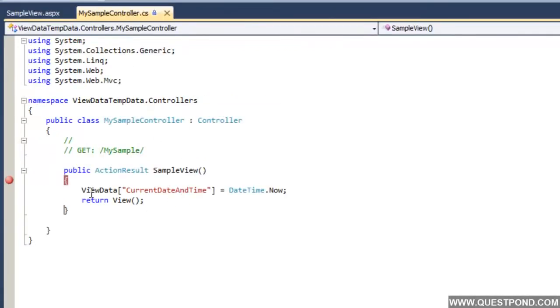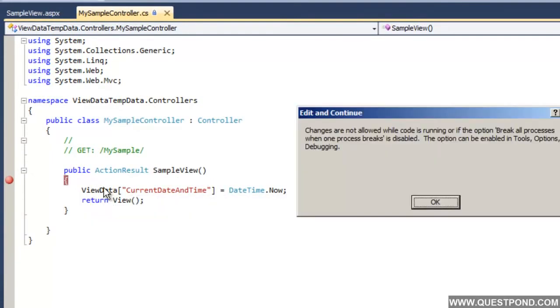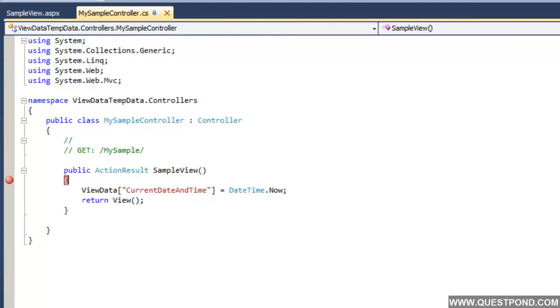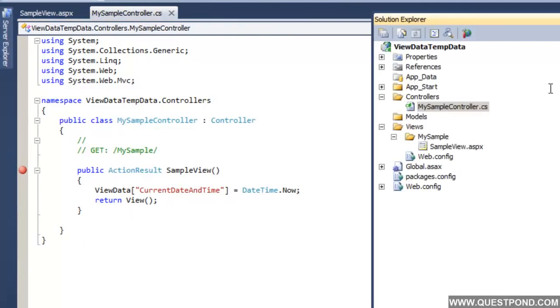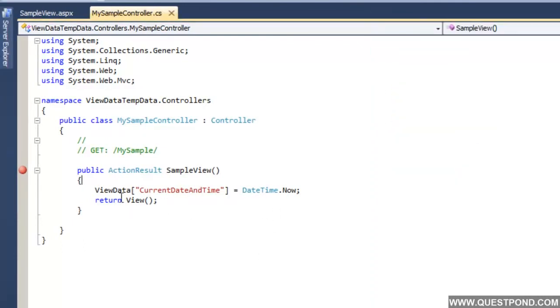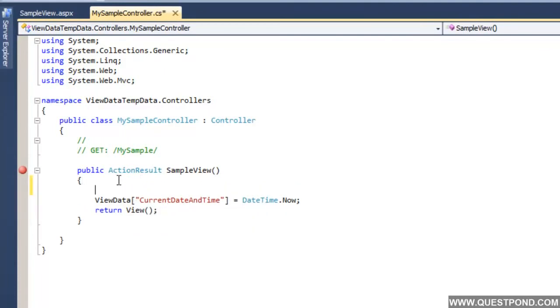If you want to change this code to ViewBag, the way it works is, I need to stop this debug mode. Now if you see the current syntax, it is a bit cryptic, right? You have to say ViewData, then a square bracket, then double quotes and a lot of things. But if you translate this ViewData into ViewBag syntax, it will be something like this.